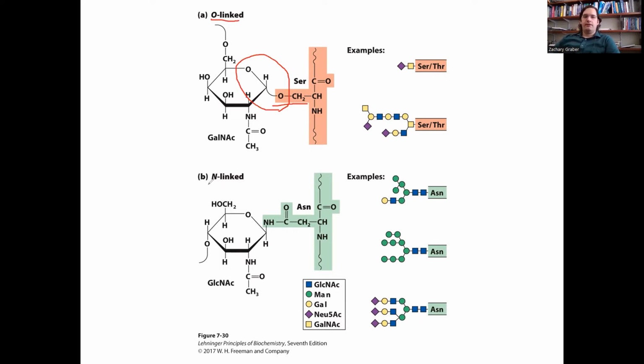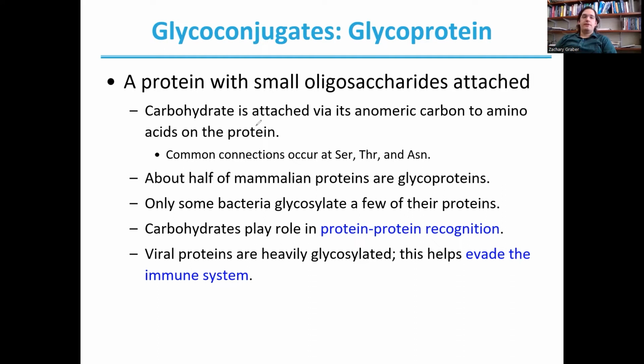An alternative is an N-linked bond. So here we form what we call an N-glycosidic bond, where now we've linked to our acetal, but in this case, we're using a nitrogen as our nucleophile to attack that hemiacetal rather than our oxygen. So this nitrogen will most commonly come from an asparagine, although it could come from other amine side group amino acids as well. These glycoproteins are actually quite common in mammalian systems.